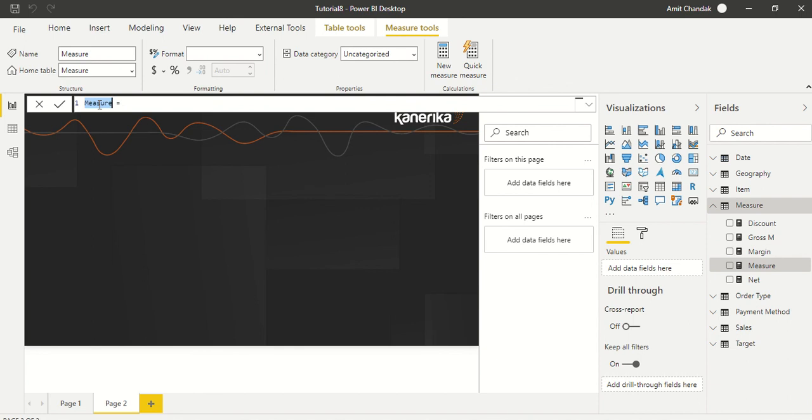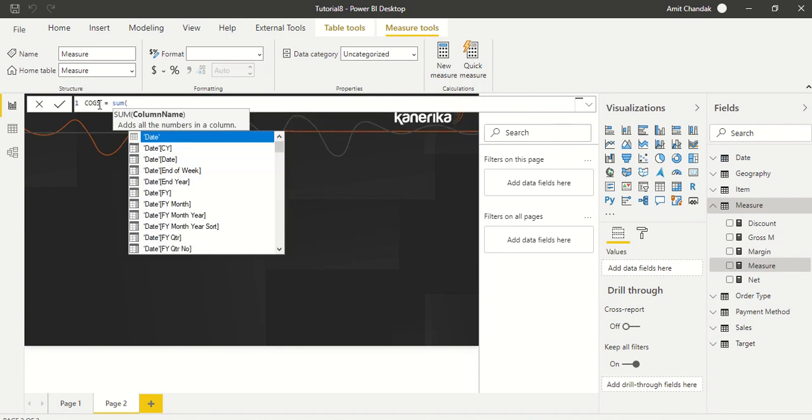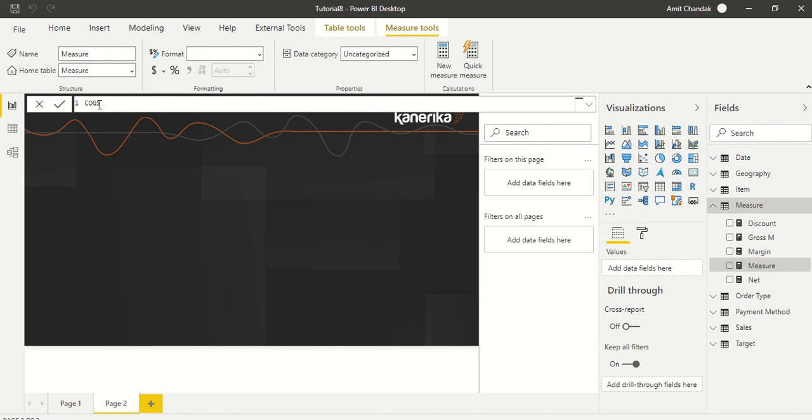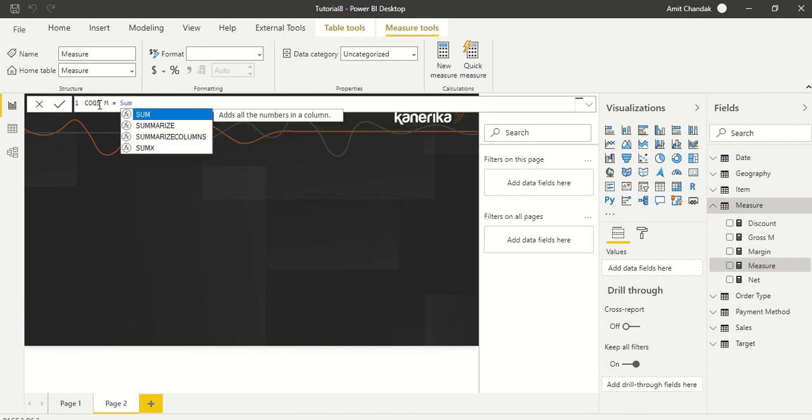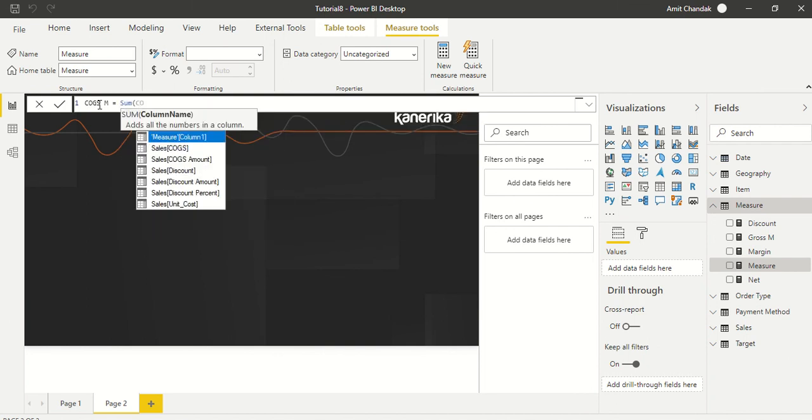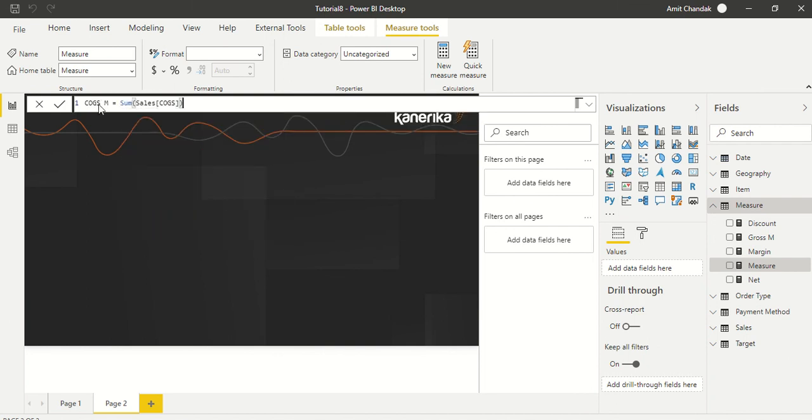COGS, let's do COGS also, which is nothing but sum of COGS.